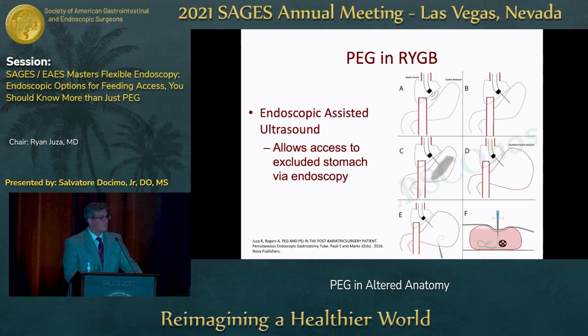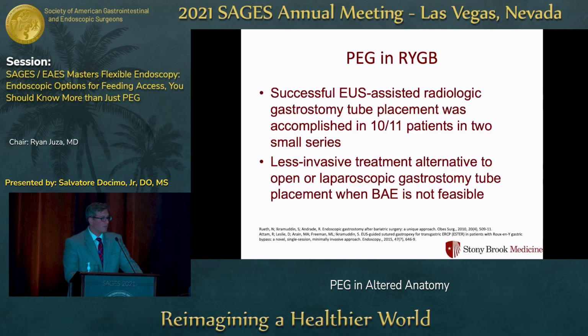They allow access to the native stomach, obviously for enteral nutrition, and also for medications as well. So for successful EUS-assisted radiology, if you look at some of the literature, again, the volume for these cases is not high. In 2 studies, they looked at 11 patients, and they were successful in 10 out of the 11. So when you use EUS versus balloon-assisted enteroscopy, for the most part, I think balloon-assisted enteroscopy is probably the